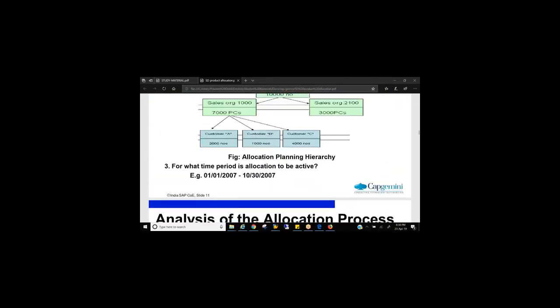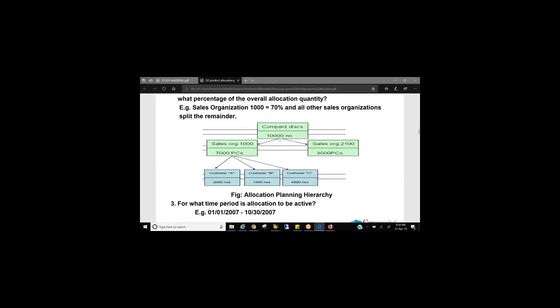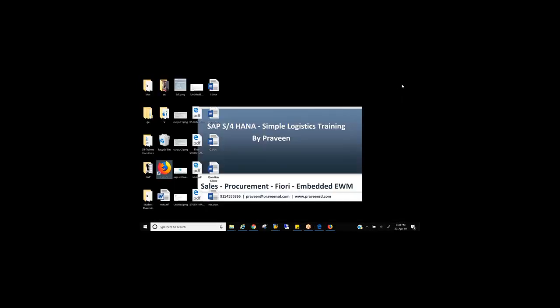So you can see here, it is a compact CD manufacturing company. Your capacity is 10,000 numbers. So sales organization 1000, 7,000 is reserved from 10,000, and sales organization 2100, 3,000 pieces is reserved. Again, under sales organization 1000, out of this 7,000, customer A will get 2,000, customer B will get 1,000, and customer C will get 1,000. So there's a hierarchy here. That's how the product allocation is done. As I told you, first system will perform availability check, that is ATP logic, available to promise, then you can push it